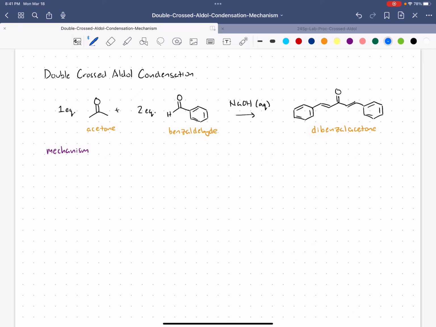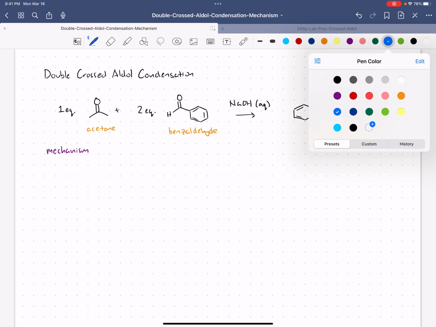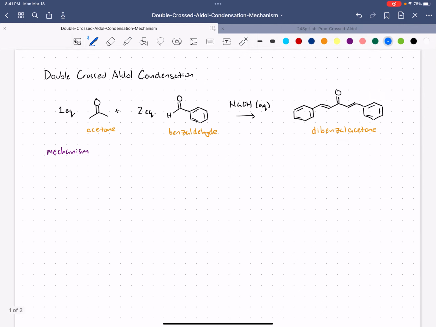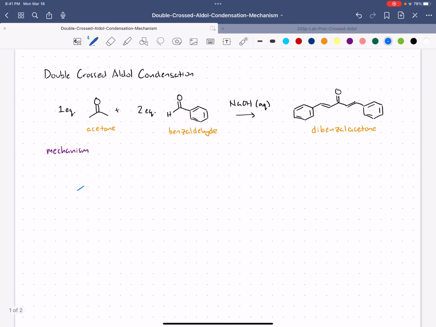A normal aldol condensation takes 5 steps, but since we're doing this twice, this will be 10 steps. Hopefully the second aldol condensation will go a little bit faster after we've seen how the first one goes. The first step for the aldol condensation is to take acetone and make it an enolate. The way you make it an enolate is you deprotonate the alpha carbon, and acetone has 2 alpha carbons, and